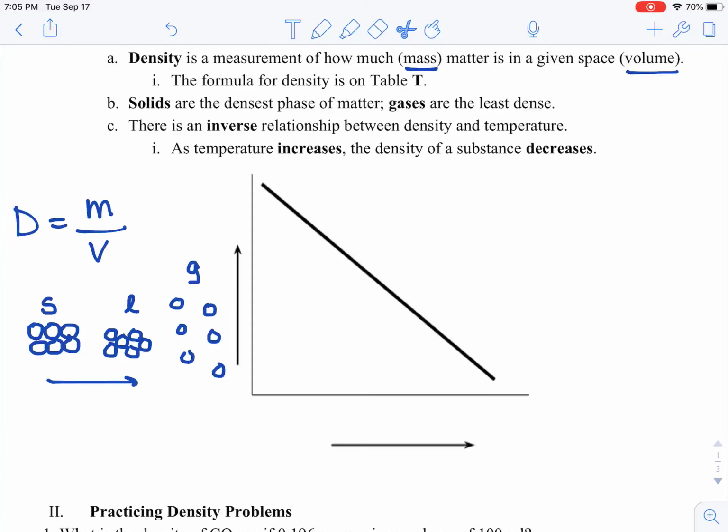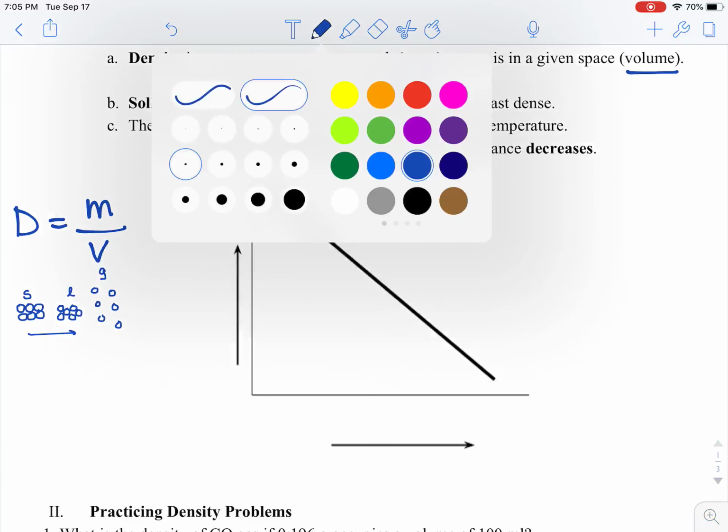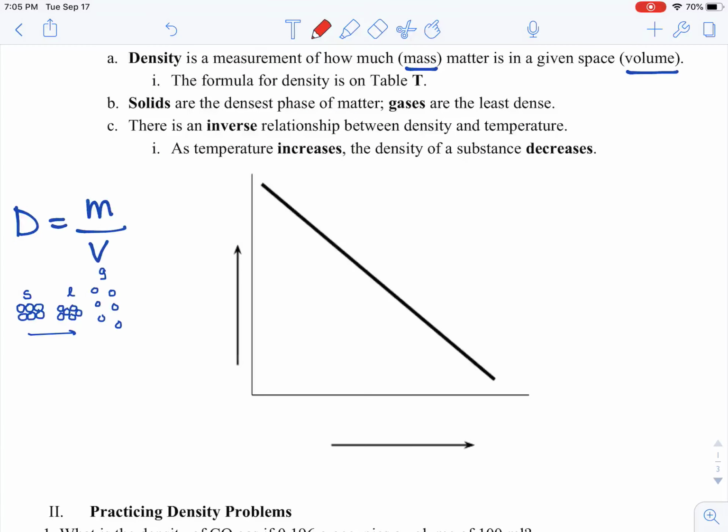So what we can tell from this, and I'm just going to make this a little smaller so that we can see what's happening with the graph that we have here. You can see from the graph that we have an inverse relationship between density and temperature. So as temperature, which we will label